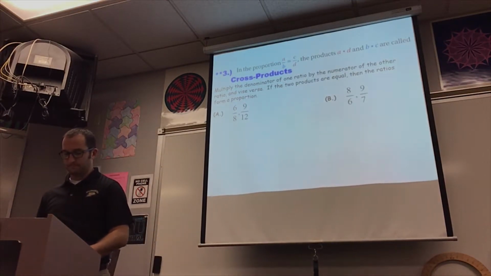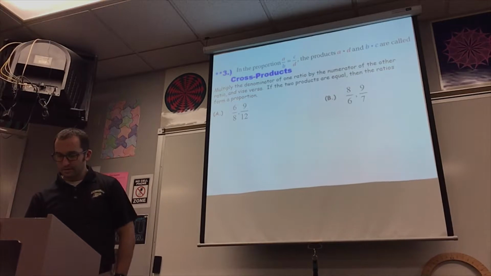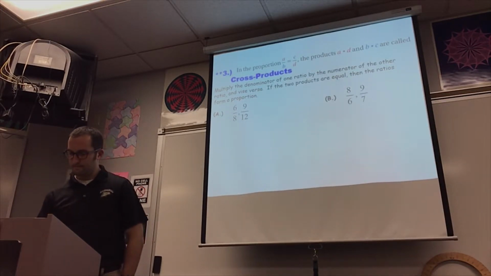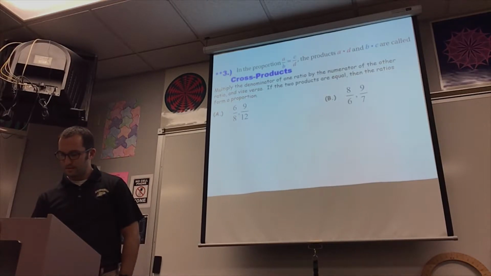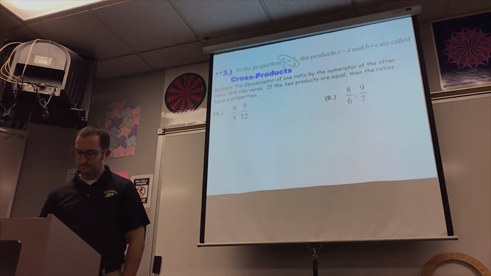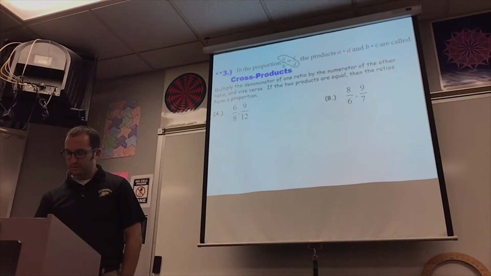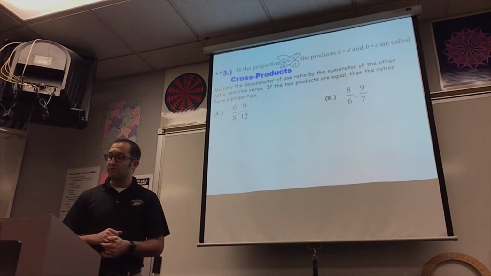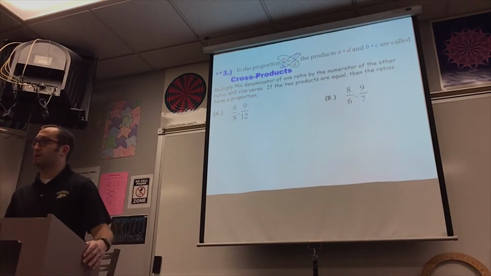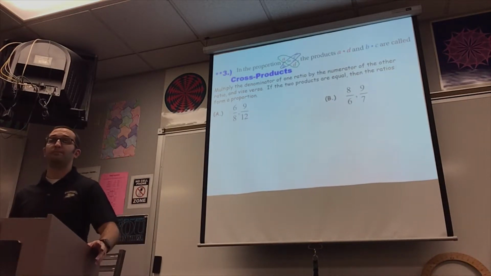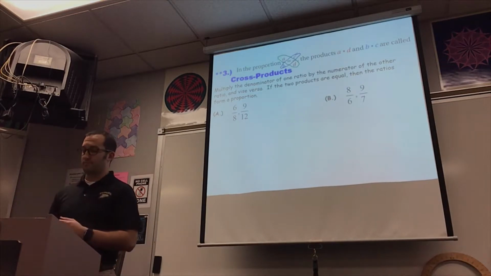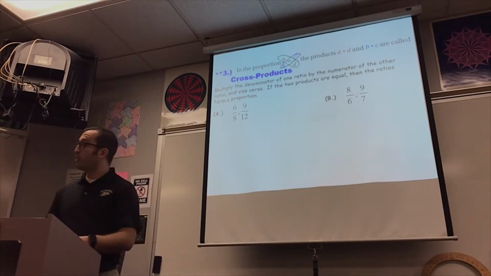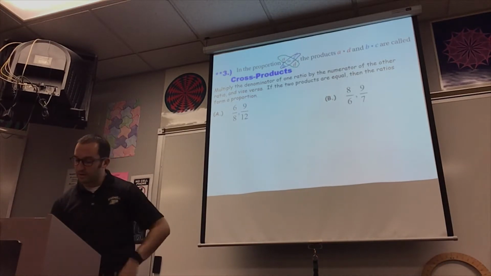Let's do this. So we're going to be looking at those two, then we'll be looking at those two. So let's read along. You want to multiply the denominator of one ratio by the numerator of the other one, and then vice versa. Do that for both of them. The denominator and the numerator by those ratios. If the two products are equal, then the ratios form a proportion. So what we want to do is we want to circle